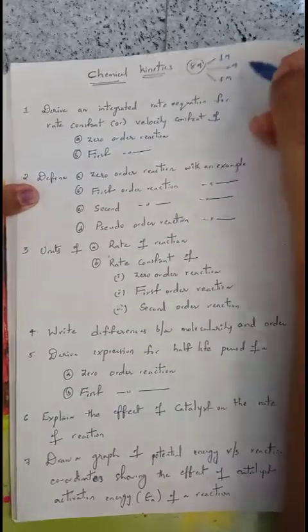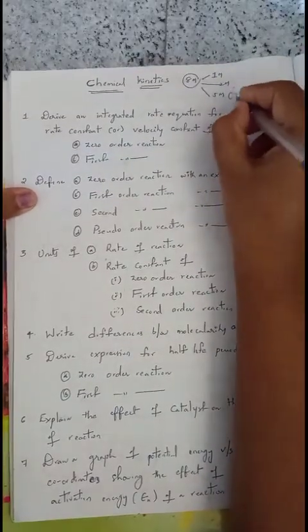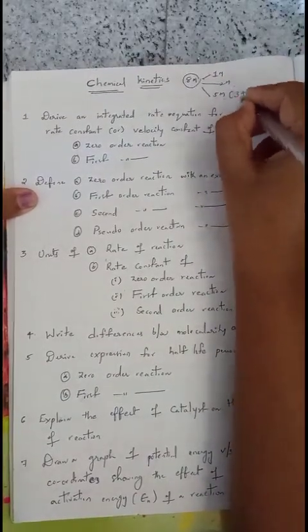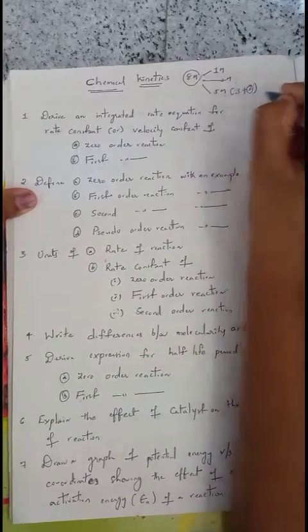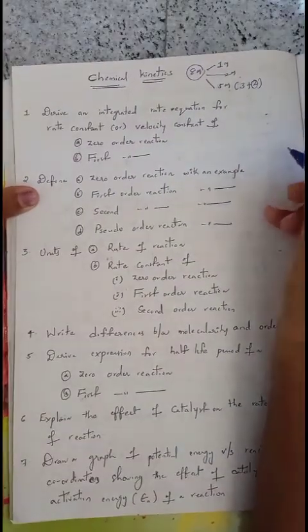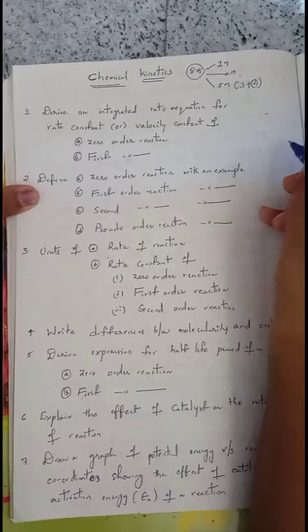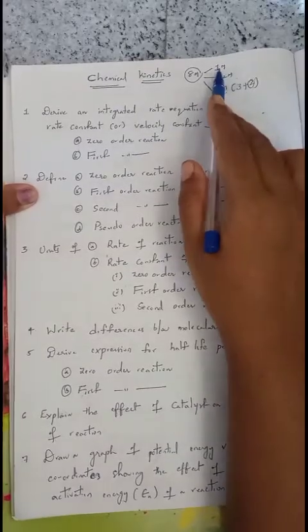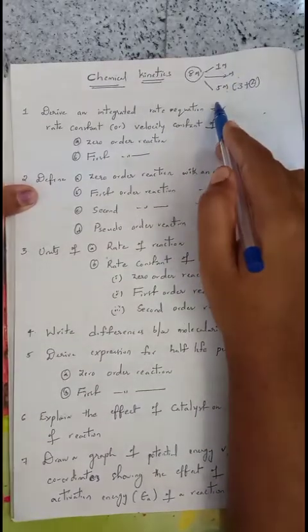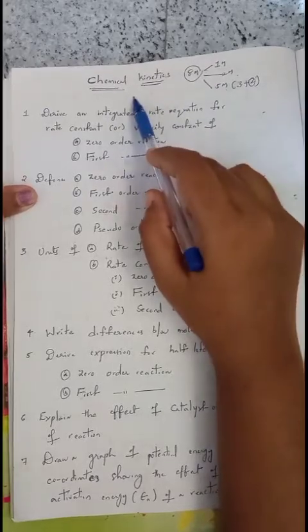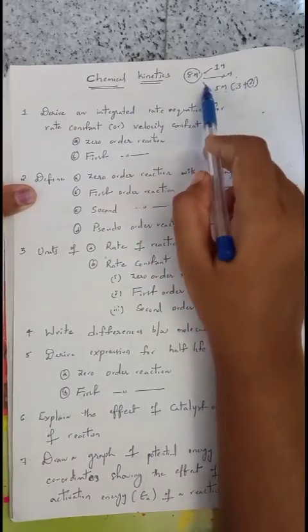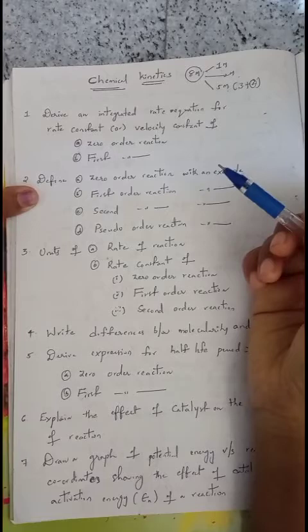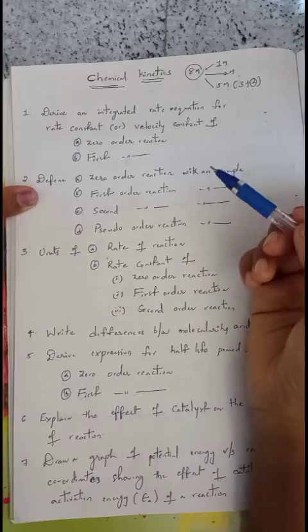There is no direct 5 mark question, it may be in 3 plus 2. In the 3 plus 2, the 2 mark question may be asked from problems. So there is one 1 mark question, one 2 mark question and one 5 mark question. Totally the weightage of the chemical kinetics chapter is 8 marks. Now we'll see the questions which are very important from this chapter.